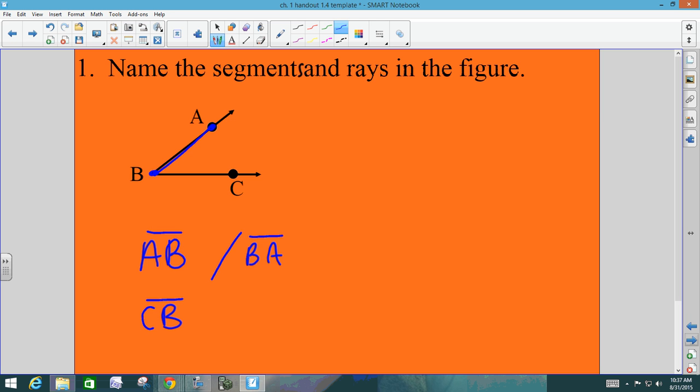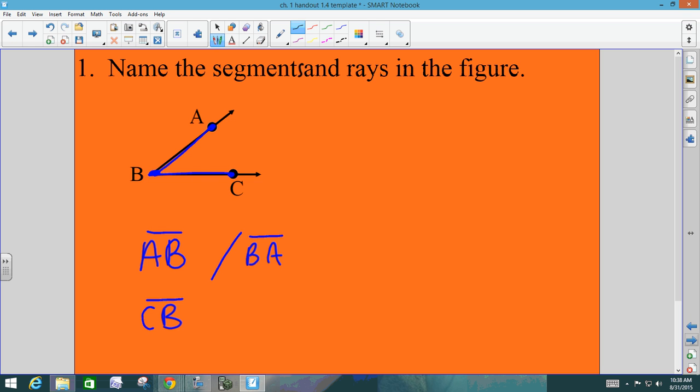Remember, where 2 lines, rays, or segments intersect, they're going to intersect at a point. So B, even though it wasn't like a circle, is still a point. Okay, now we have to find 2 rays. Riley. Ray A? Yeah, I understand what you're saying, like starting here and going this way. Is that right? Okay. But rays,